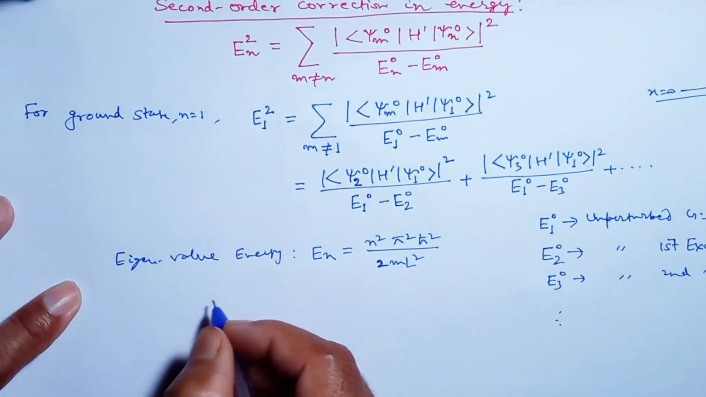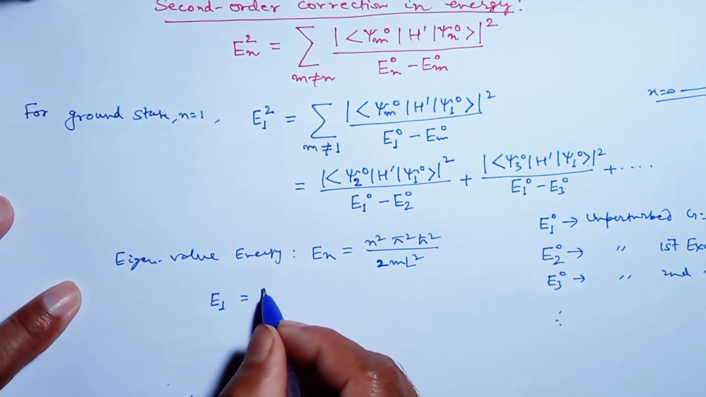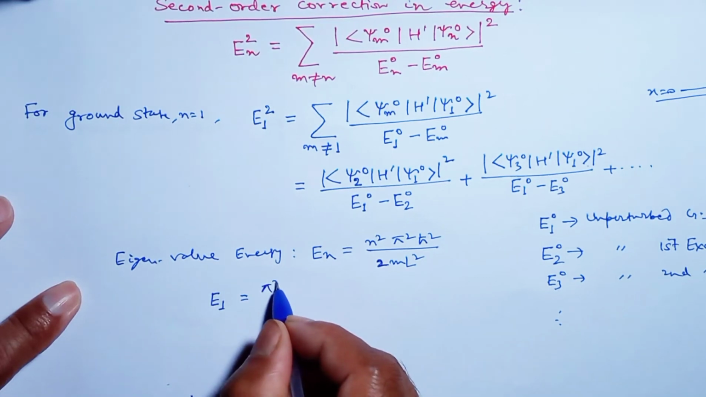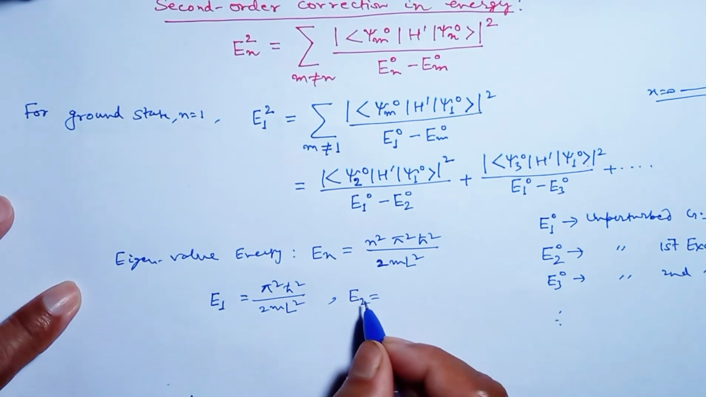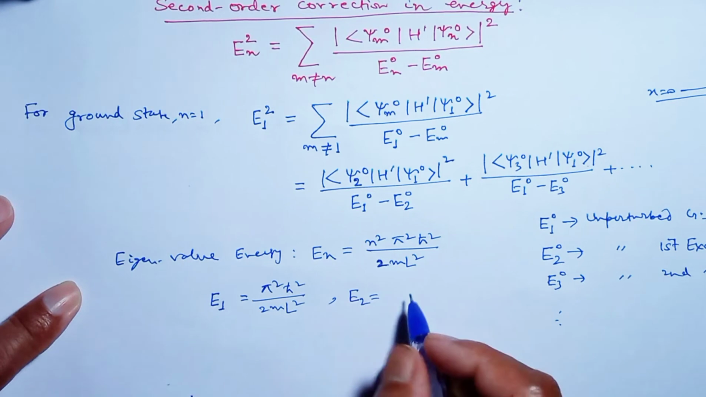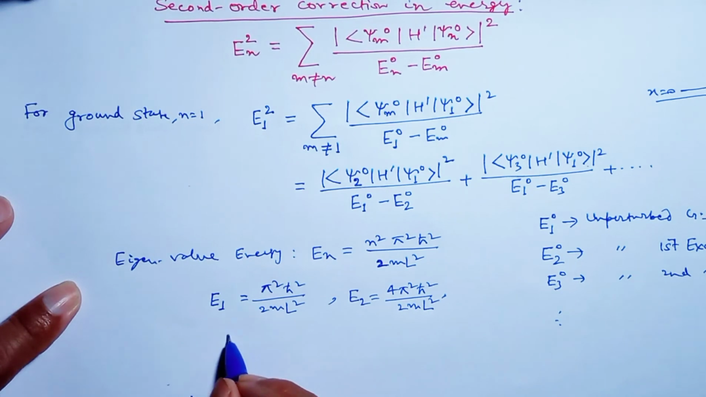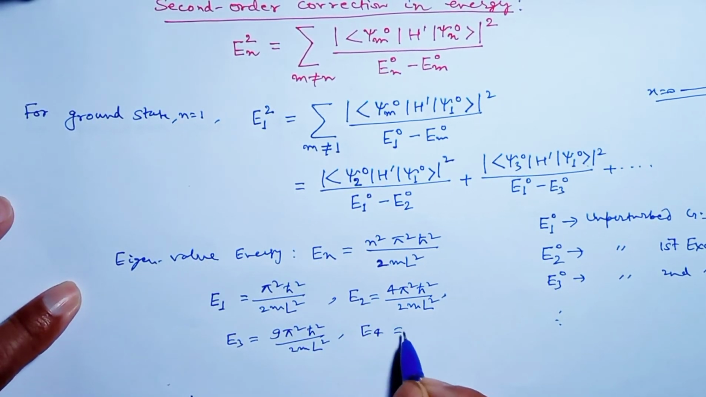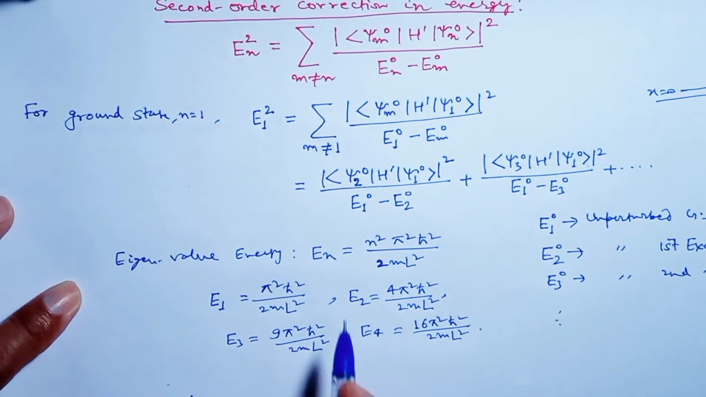For the unperturbed ground state energy, E1 equals 1 square, that is 1 into pi square h cross square upon 2 m L square. E2 equals, in place of n we put 2, so it is 2 square means 4 pi square h cross square upon 2 m L square. E3 equals 3 square means 9 pi square h cross square upon 2 m L square. Similarly E4, it is 4 square, that is 16 pi square h cross square upon 2 m L square. In this way we have